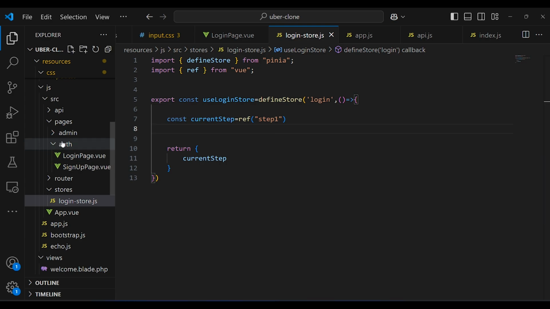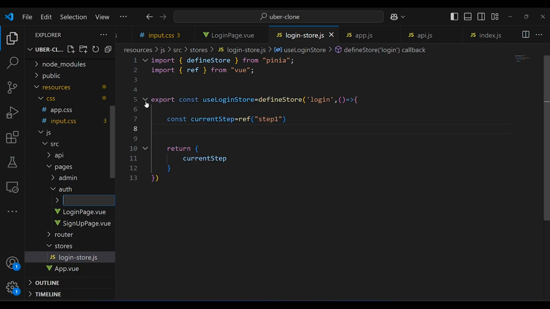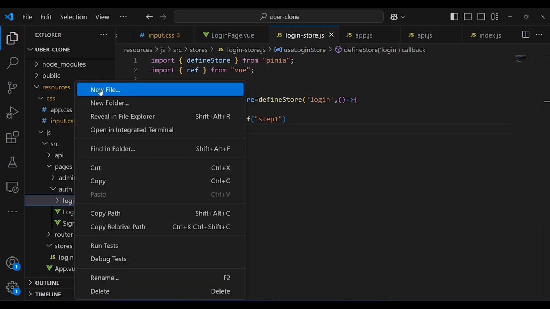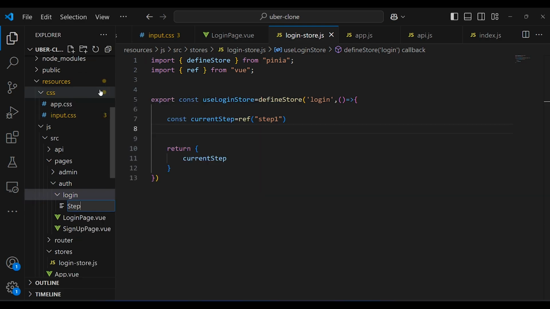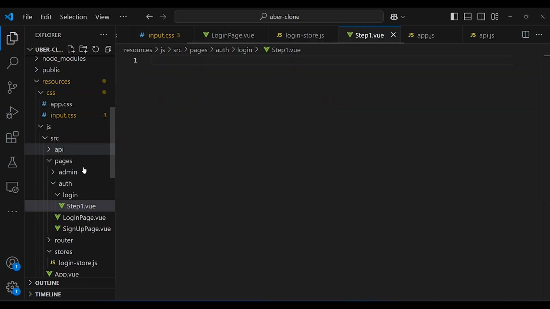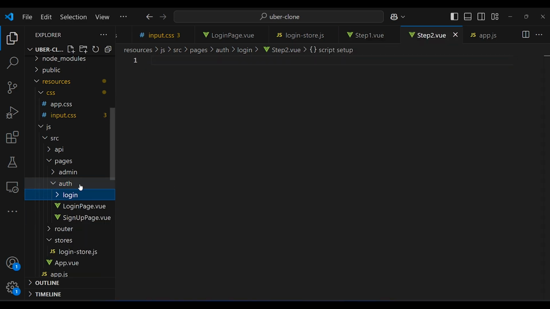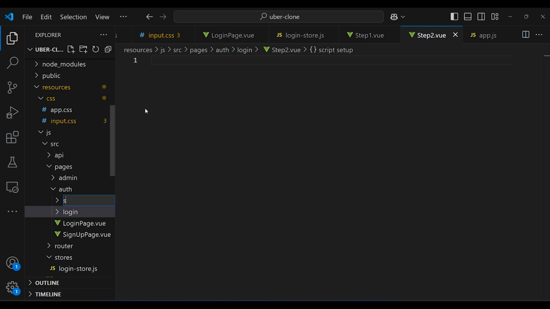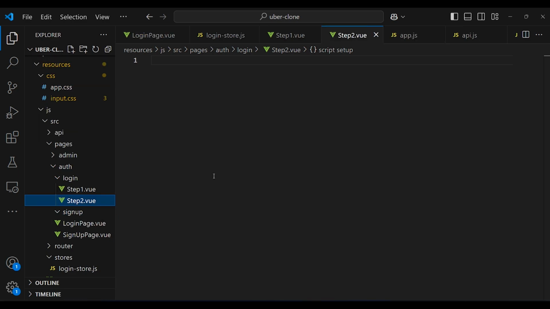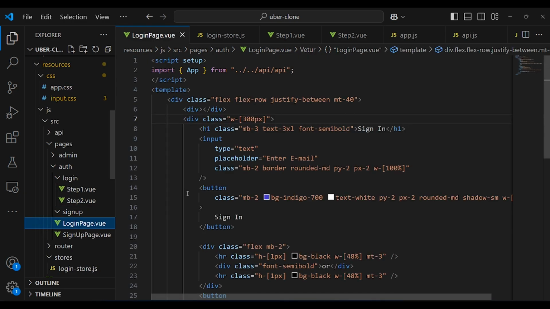Now inside the views folder, I'm creating another folder. I'm going to name it login. And inside the login folder, I'm going to say step 1.vue, and then I'm going to put in the second step, step 2.vue, like this. And then we are going to create another folder. We're going to name it sign up, and inside the sign up folder, we're going to put in also the step 1 and the step 2 and so on. Now, what I'm going to do right here, guys, I'm going to get into the login page,